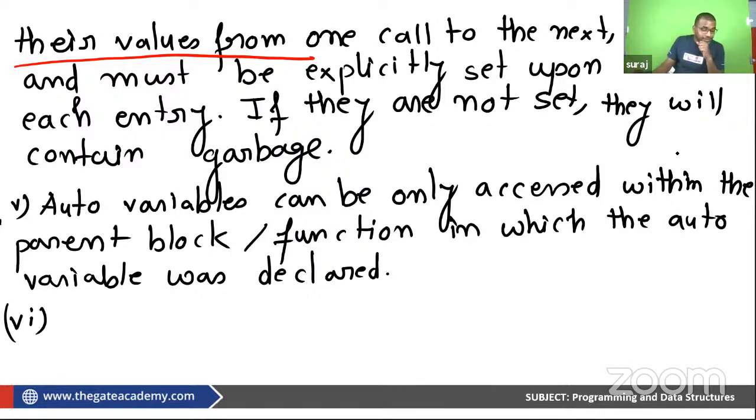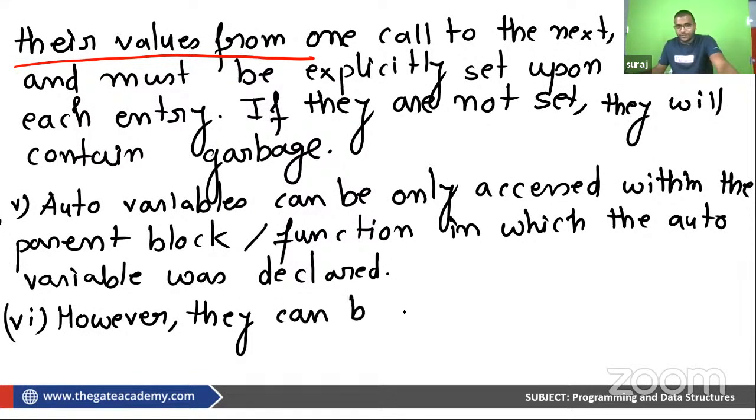But the beauty is that we can access it. How? By using the pointer. We can pass the address of that variable, like call by pointer. Okay, we are passing the address, local variables only we are passing. So this is a trick. In your placement also, they can ask this trick. However you write, they can be accessed outside